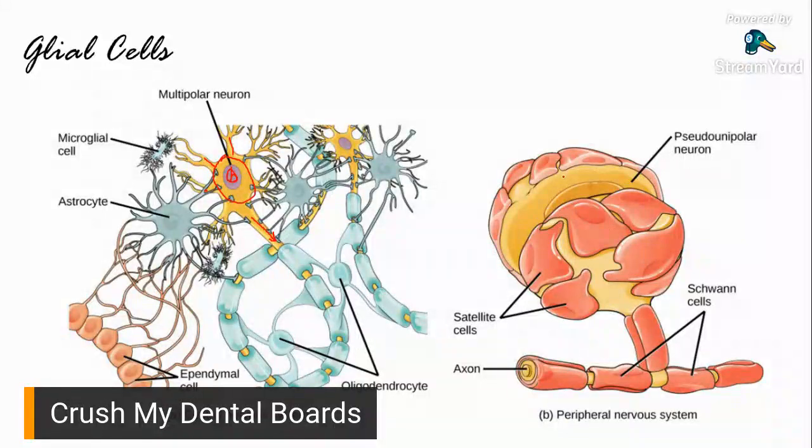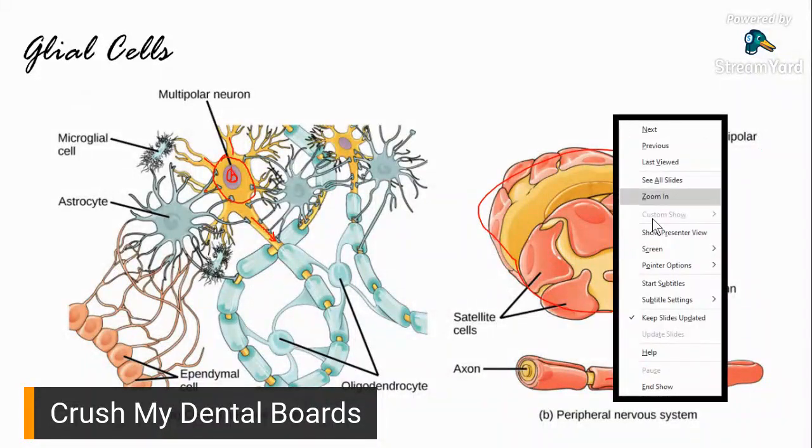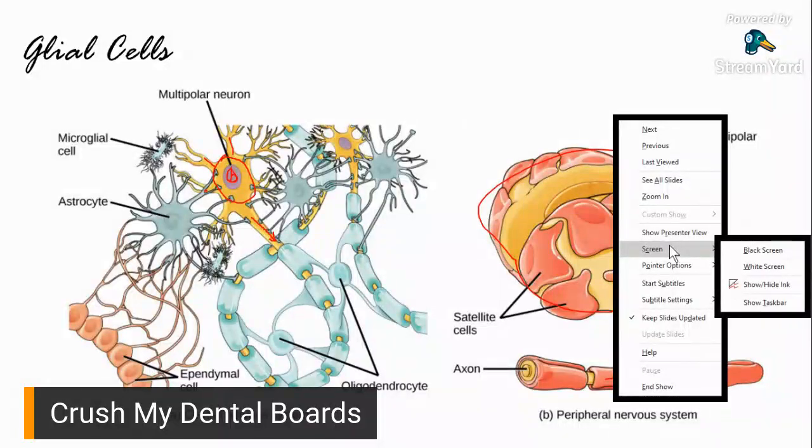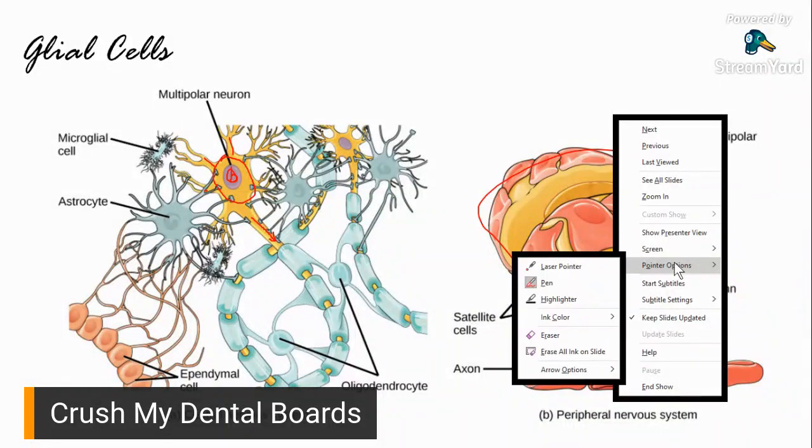Now, on the right-hand side of the screen, you would see a pseudo-unipolar. Again, what is a pseudo-unipolar? You have one cell body, which is this big one right here. And then you have one process coming out of the cell body, and that single process actually splits into two. That's why this is your pseudo-unipolar neuron. Again, examples of pseudo-unipolar neurons would be your sensory neurons, the ones responsible for detecting touch, pain, temperature, etc. Okay.